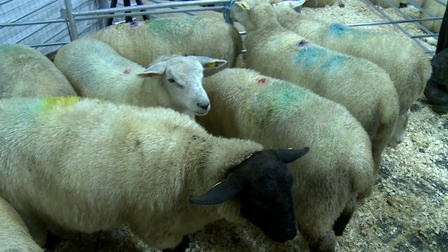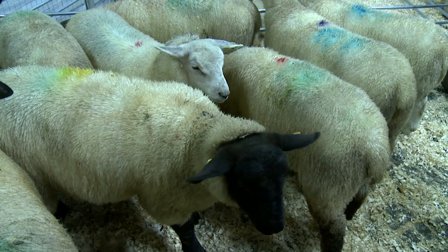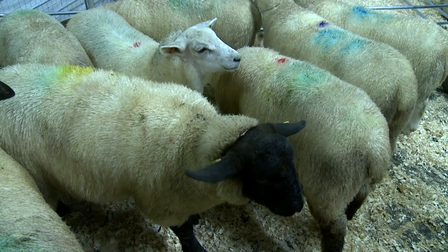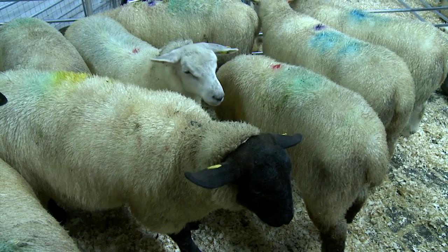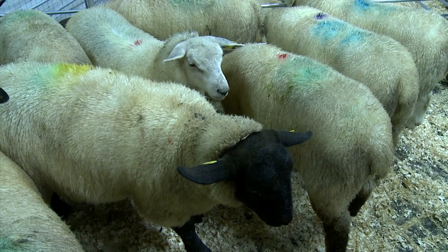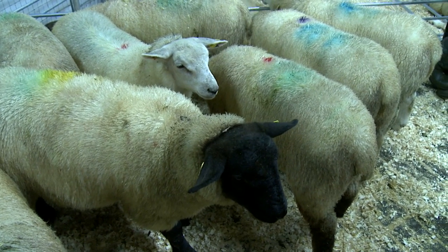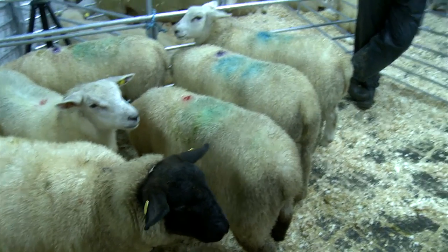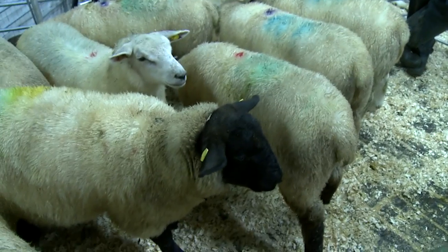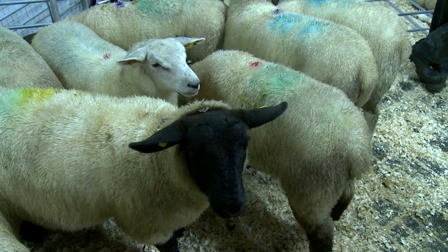But in actually completing the dispatch documentation, it's important to tick the boxes that you have that lamb resident, if he is resident on the farm from birth, and is more than 42 days there, to avail of your quality assurance bonus. And to sign the documentation on the back as well of the new dispatch documents. So it's just an important point, I suppose, to take you from selecting your lambs, getting them correct weight,